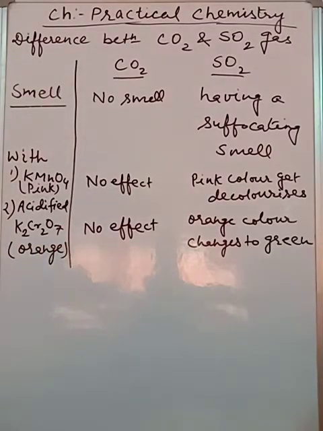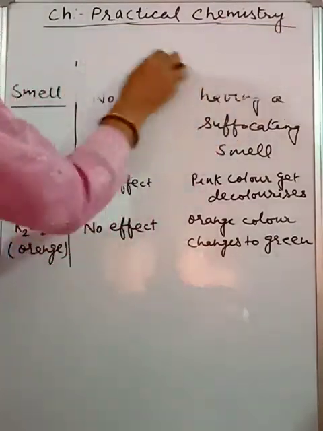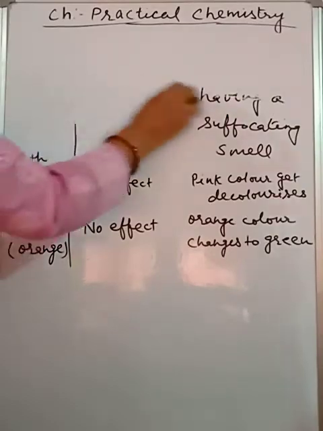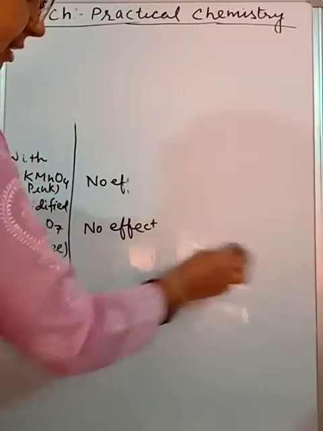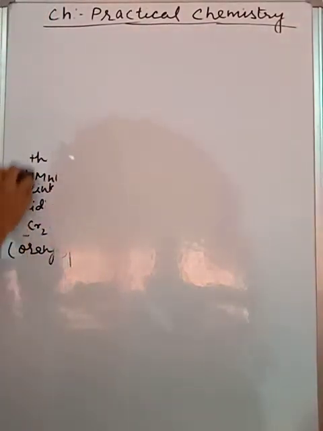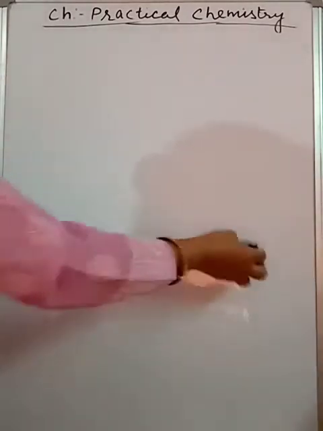Now we are going to discuss other gases like H2S, HCl and ammonia. We will discuss one by one, students. So first think about H2S gas. When a metal sulfide reacts with dilute acid, this dilute acid can be either HCl or H2SO4. So metal sulfide plus dilute acid, then a gas is evolved. The gas is colorless but has a particular smell, that of rotten egg, a foul smell of rotten egg. So first think about H2S.